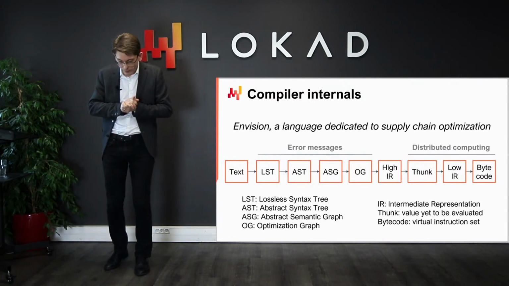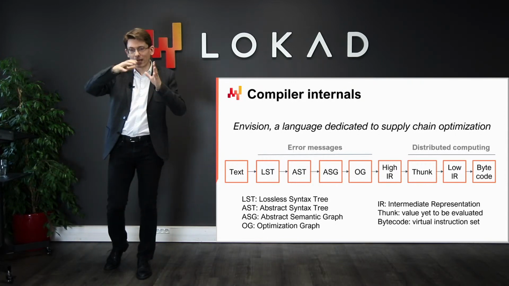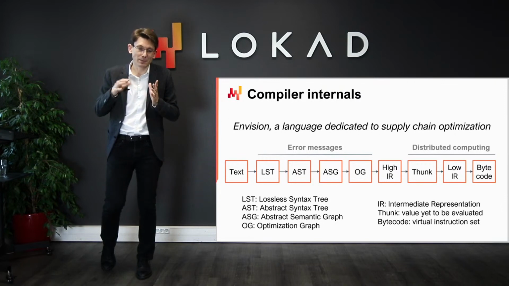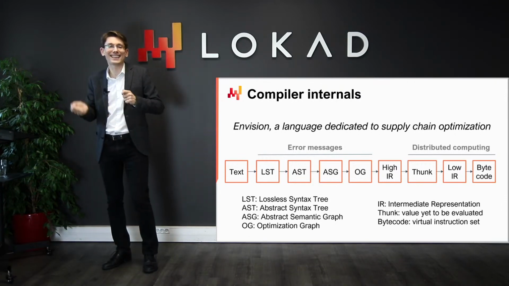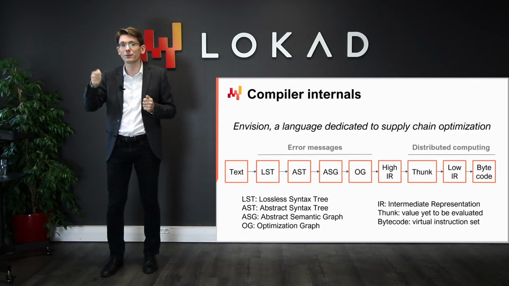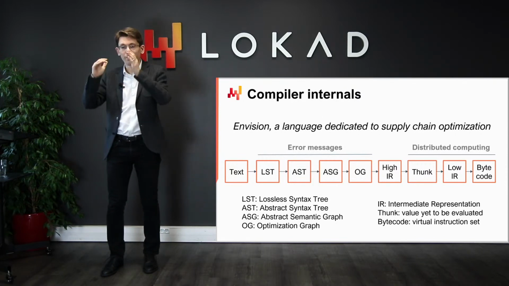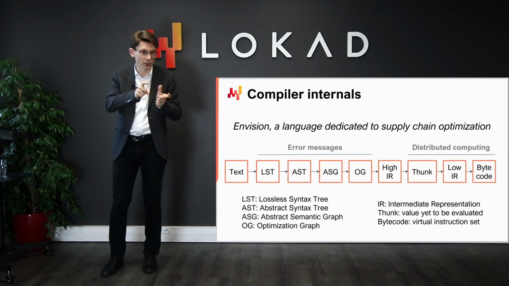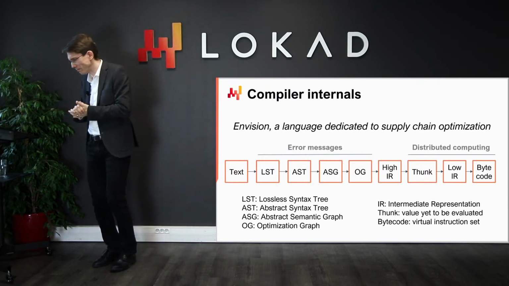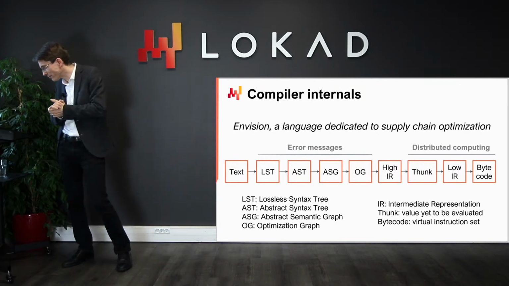For example, if you just think SQL, if you have a filter, and then you do an operation, or you have the operation first and then you have the filter, it's much better to first filter your data and then apply the operation. Because if, for example, your operation is just touching a few lines in a table that is 1 billion lines long, then you're much better off first applying the filter and then doing the operation on the results, as opposed to doing the operation on the unfiltered table and then filtering. So all of those elements happen at this stage of the OG in Lokad.